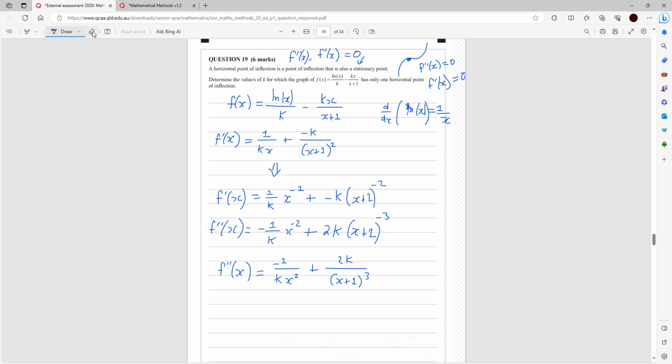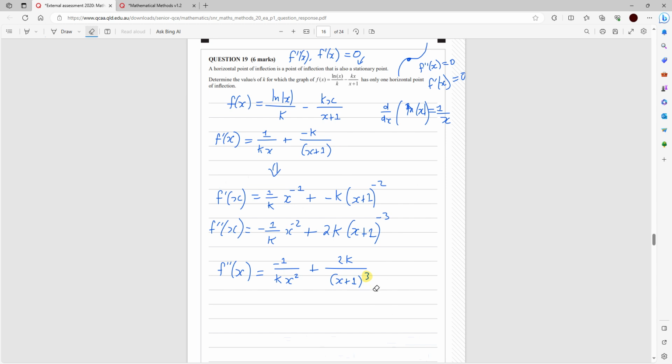So you can pretty much choose, that's a rubber, I thought it was a highlighter. You can choose this one to solve for x, or this one, okay? I'm going to choose the first derivative, because algebraically I can see it's going to be easier. Down here this is a squared term, so the worst I can get is a quadratic, but here I can expect a cubic, and then you might need to do long division and stuff like that, which we're just not up for, because we want to save time during the exam, because you only get 90 minutes